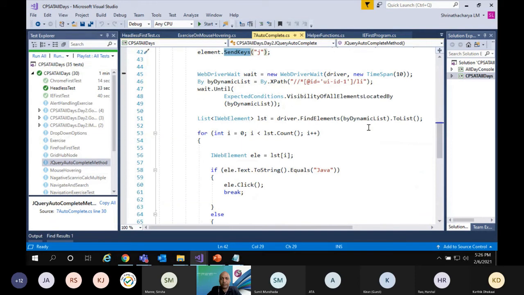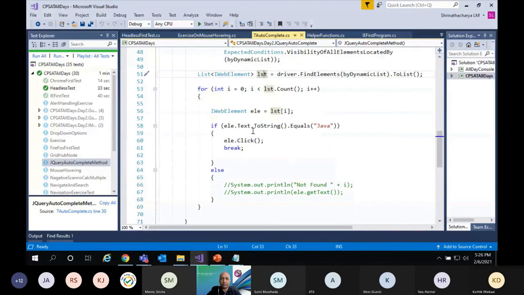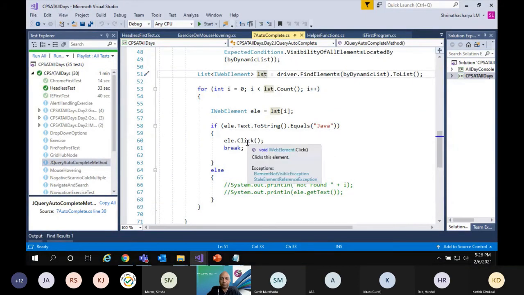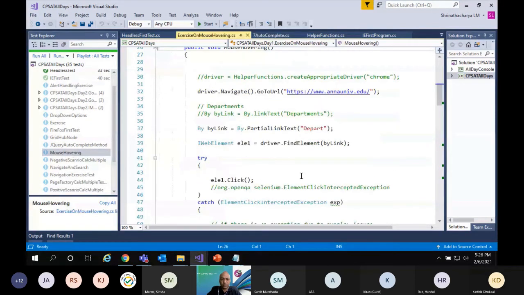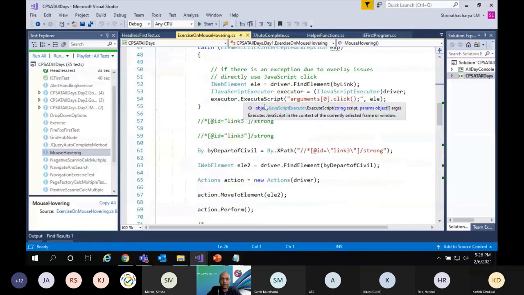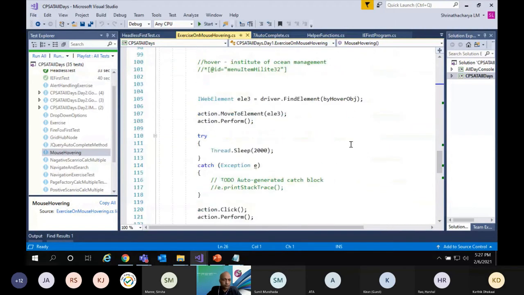And the way we can find multiple elements, driver.FindElements, you can get the elements, and in a loop we can search, as in Java, then click on that particular element, all those things can be done. Similarly the mouse over examples, JavaScript executor, all those things can be done.